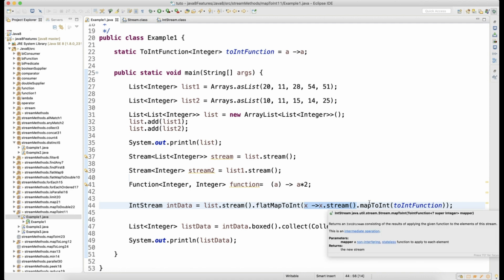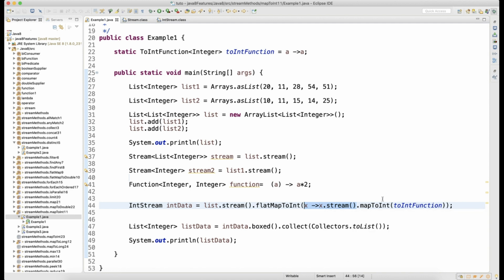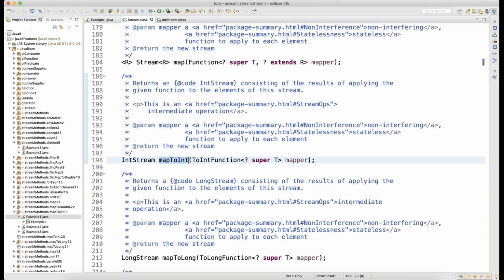It's a collection of objects you want to map into the integer. So for that, this stream has a method called mapToInt. So mapToInt will take a function. If you look here, I have written ToIntFunction. If you go inside mapToInt, you can look here, it takes ToIntFunction. When you call mapToInt, it will accept ToIntFunction.